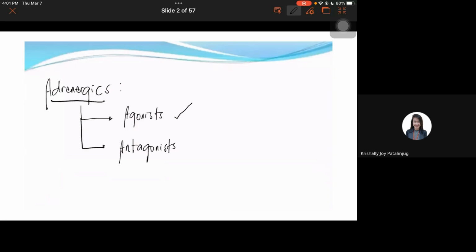Okay, so everything we learned last meeting regarding adrenergic receptor activation, agonist drugs will support those effects, those responses. Okay? Then the antagonist is the opposite. They will counteract the effects related to activating the adrenergic receptors. Okay? The agonists are also known as